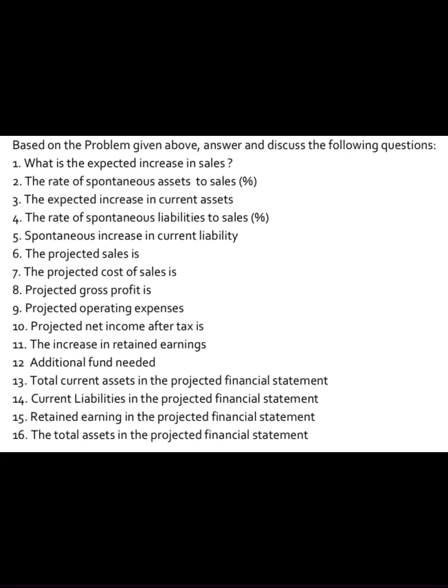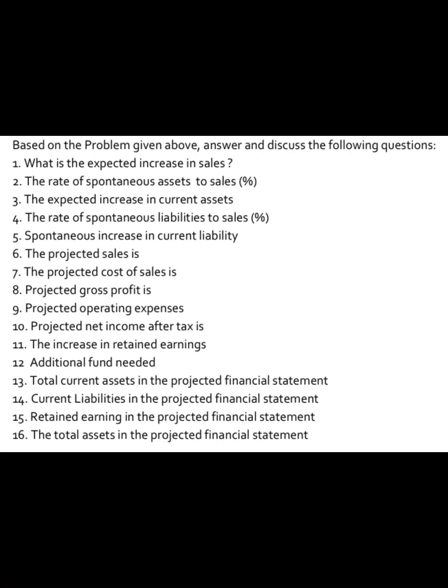Number 8 is, what is the projected gross profit? We just need to multiply the gross profit, which is 3,400,000, by 1.15, and the answer is 3,910,000. For number 9, what is the projected operating expenses? We need to multiply the operating expenses, which is 2,500,000, by 1.15. So the answer is 2,875,000. For number 10, what is the projected net income after tax? Just multiply the current net income, which is 630,000, by 1.15, and the answer will be